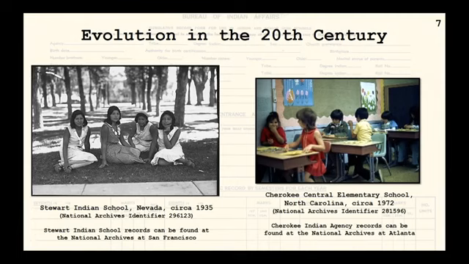Jumping ahead 40 years, this Cherokee Central Elementary School classroom looks no different from a regular public school. Now, a side note, this school today is in fact tribally run. In 1962, the BIA shuttered all the day schools on the Qualla Boundary, the land that the Eastern Cherokee bought in the early 1800s, and opened the Central Elementary School. And in 1990, it was turned over to the Tribal Council to run.